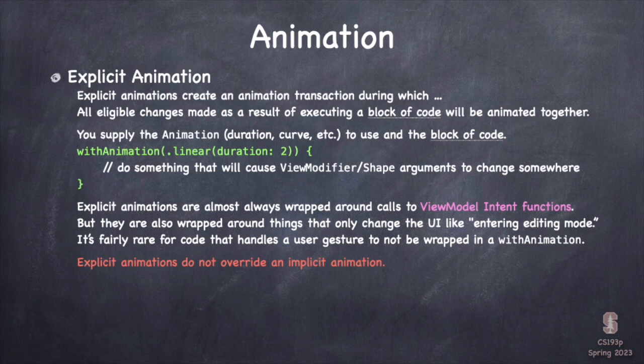Red text always means pay attention. Implicit animations have more power than explicit ones. So if I explicitly animate something and inside there's a dot animation, that dot animation is going to win. And that makes sense because remember, we're putting dot animation on somewhat independent animations. So we don't want those independent animations to be affected by whatever's globally going on animating. And you'll see that very clearly in the demo.